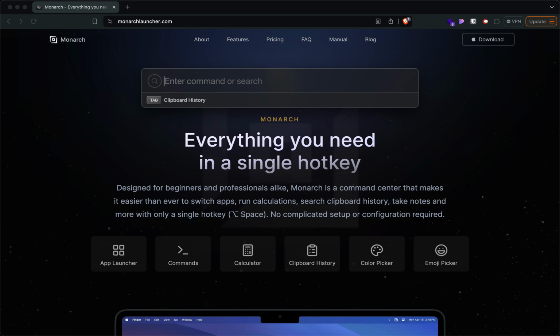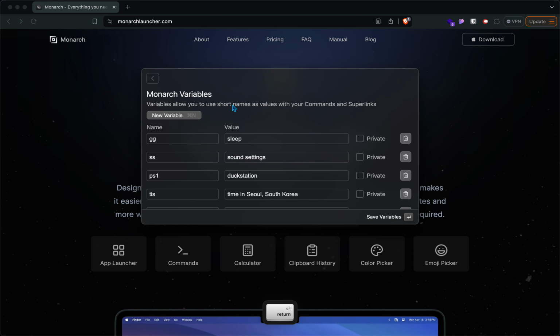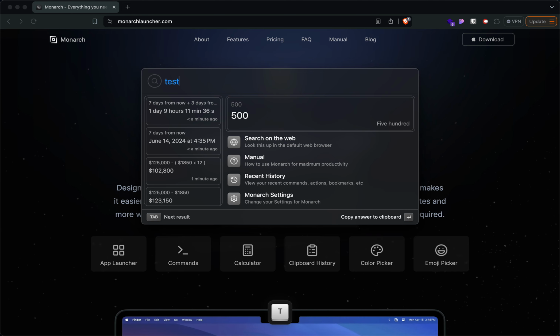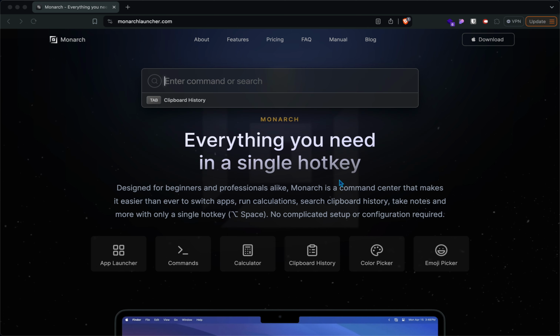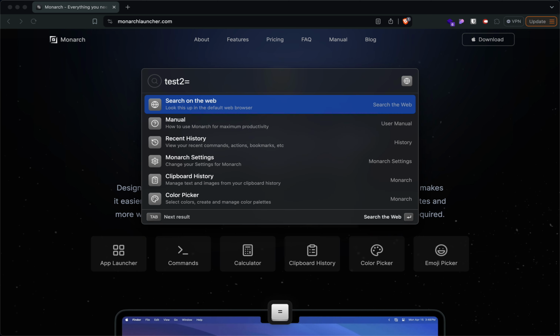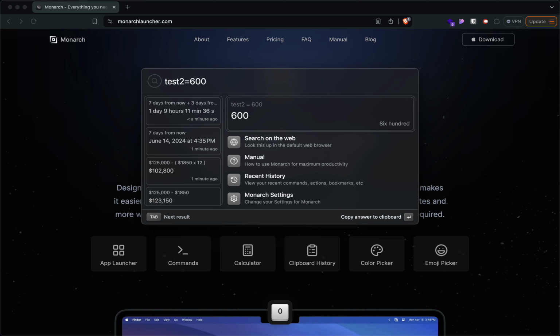If you ever want to set up a new variable, all you have to do is just go to variables like that, hit new, and then let's say test, and then 500 like this. And so now when I type in test, you see that I get the 500 value here. So I'm going to make another one, like test 2 equals, and then 600 like this. And if I hit enter, you'll see that it creates a variable here. So there's two ways to create the variables,